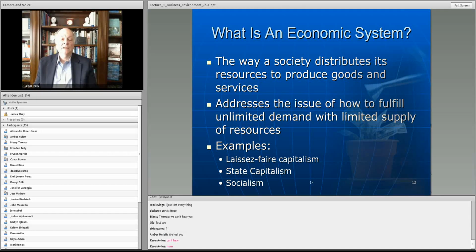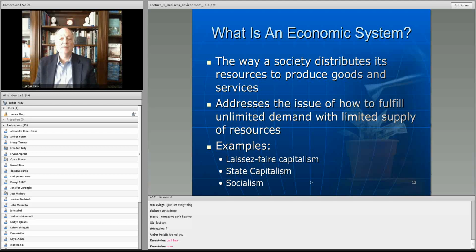How are different assets, wheat or corn in the Midwest, harvested? How is it transported? How is it brought to market? How do you go to a store and buy it? How do you get access to corn that is being grown in South Dakota? How do you get access to cars that are built in Japan? There's a price that you pay. How is that price determined? All of those things, that's what an economic system is.